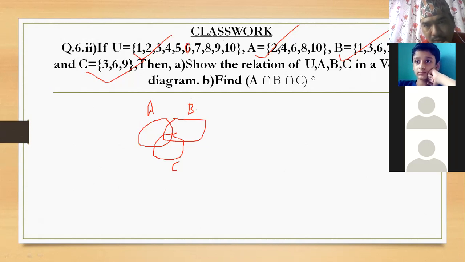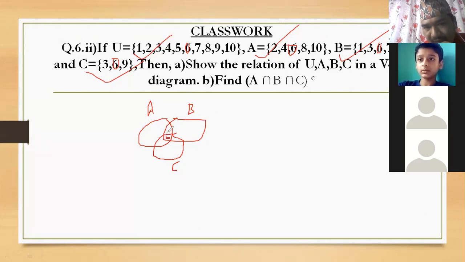Here is also 6 in set A. And here is also 6 in set B. And here is also 6 in set C. You are absolutely right, Aditya. We have tried here what? Common part of all. Here we have tried what? 6. Good. After that, can you tell what is the common element of set A and set B only? Is there anyone? Sir, 6. Set A and B only.